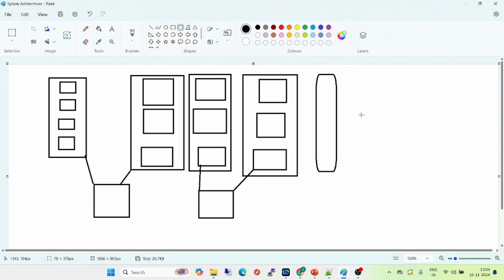So guys, let's see the Splunk architecture. You see these boxes here, one, two, three, four. These boxes are the client servers where application logs reside. On each of these four servers we will install the UF. I just marked this as the UF, universal forwarder. So we'll install the UF on these four servers and then this universal forwarder will send the data